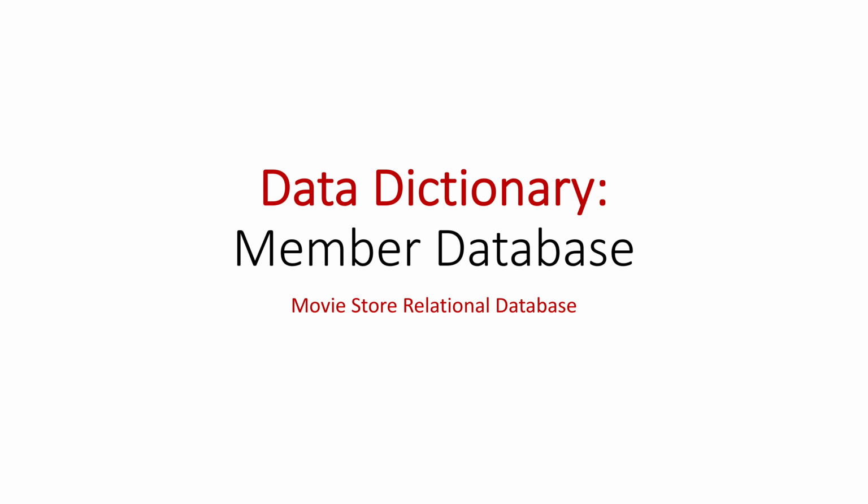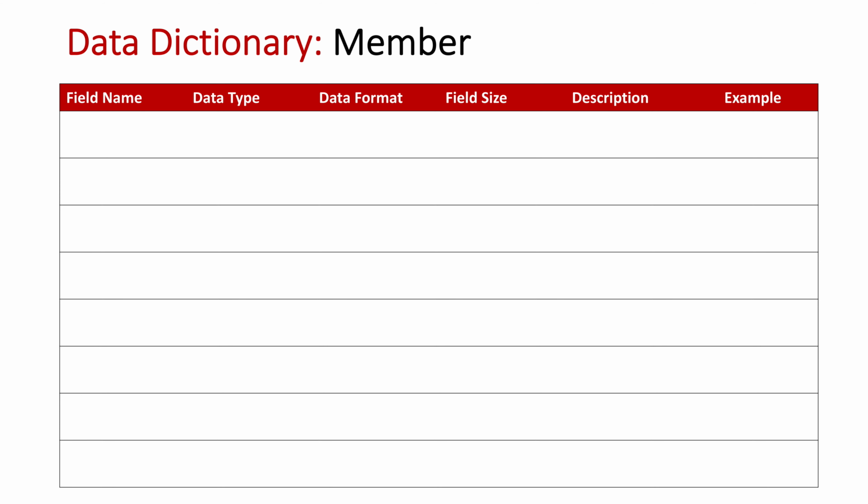Data Dictionary, Member Database, Movie Store Relational Database. Now, today we're going to look at a data dictionary for recording different members for an actual movie store. So basically, it's going to be the details we have about all the individuals that sign up for this online movie store, and it's their account details and all that, so they can actually purchase items from the online